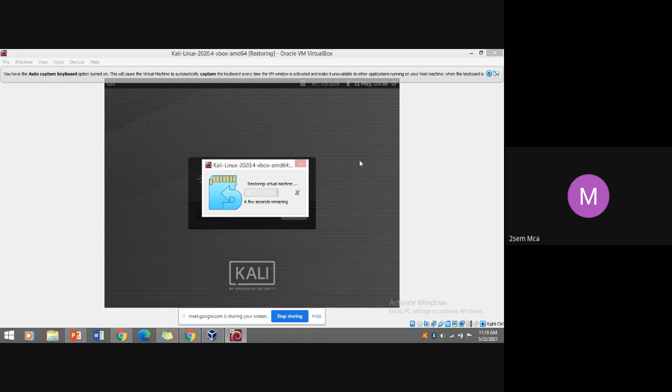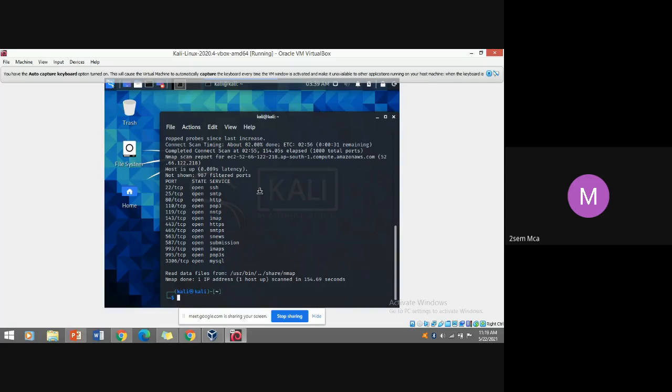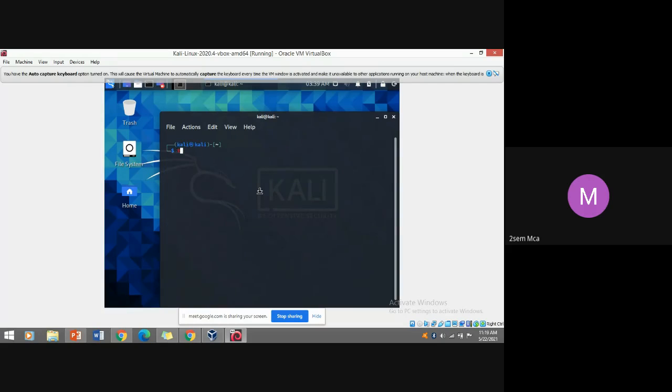In Kali Linux, theHarvester is the tool which is used to find email addresses and host names. Using theHarvester, option H. That command is deprecated. Let's try with one more command.